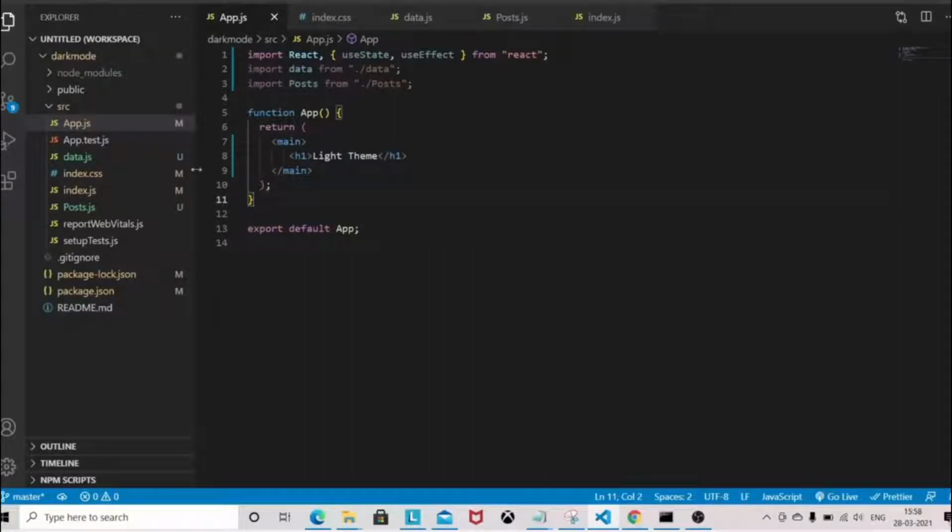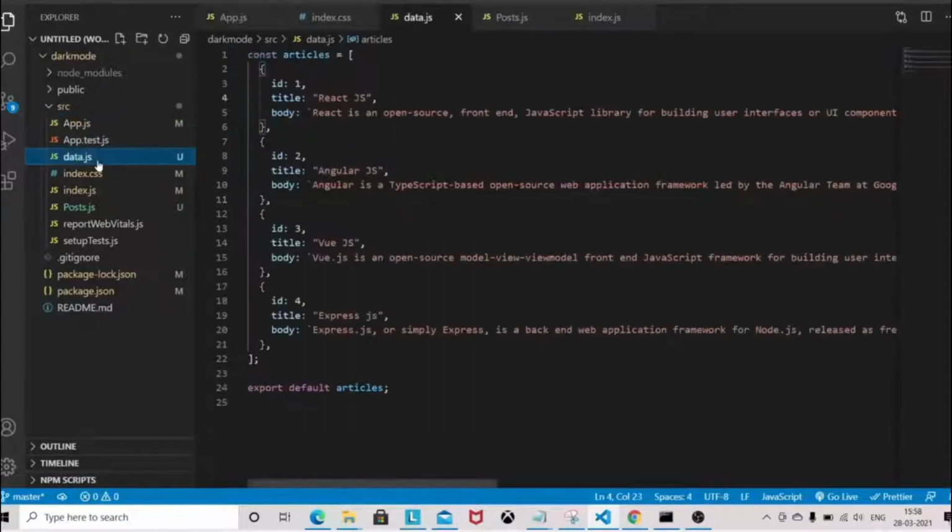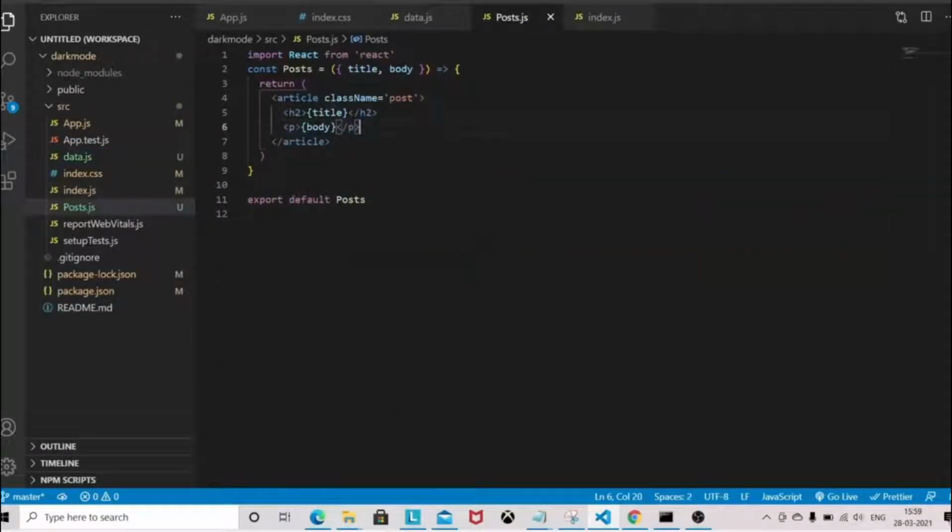As you can see, I have already done some basic setup, and this is some basic data to display the articles on the page. We have a very small component, a post component, in which I am returning the title and the body of each post.